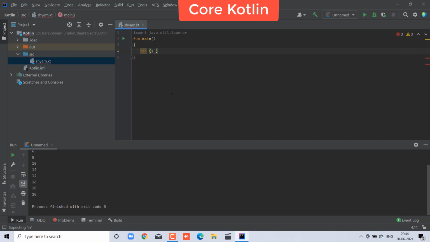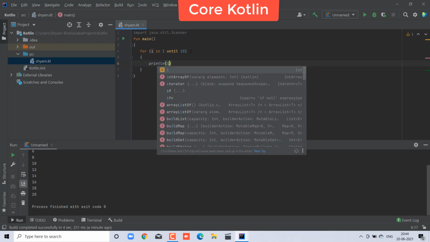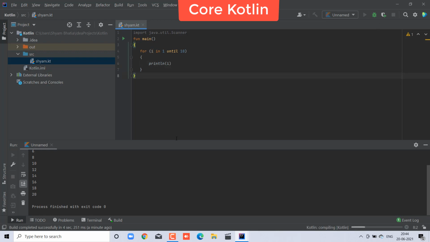and here type the for loop again, for int i, and type in 1, starting from 1, and how much, until let's say 10, until, the spelling is a mistake, okay, and create the body of the for loop and inside it print ln the value of i. Okay, so a for loop will work in that sense. So cut it, and your process is coming in a few seconds.